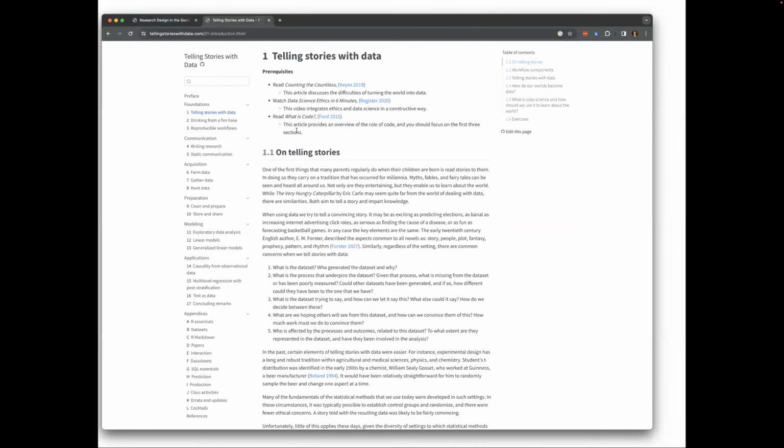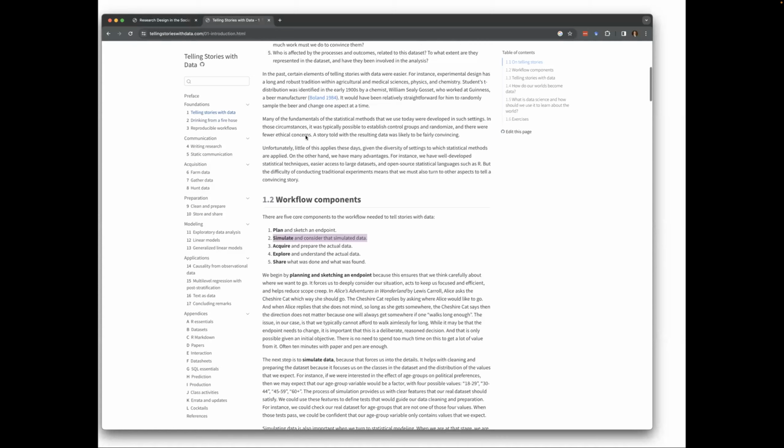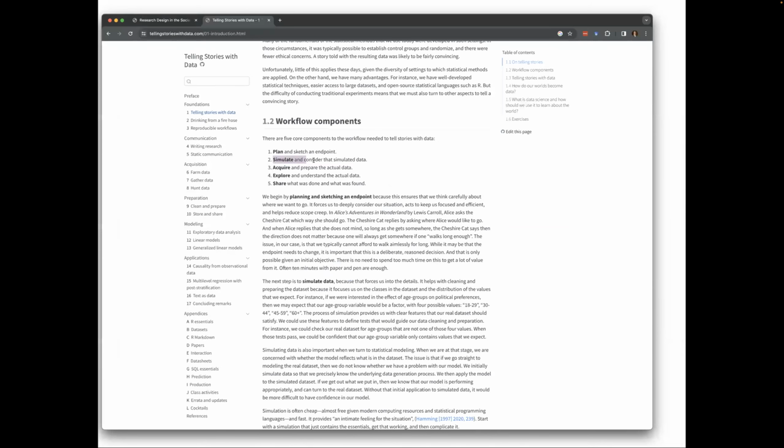I have Rowan's book up here because I think it's really important to say this is about step 2, right? Simulate and consider those simulated data. This changes what you do. By simulating, you change what you do. Obviously that's why that step is there. If it didn't change what you do, then it would just be, I don't know, busy work. No, this literally changes the procedures that you end up following because you weigh different